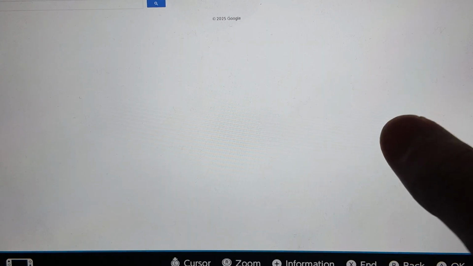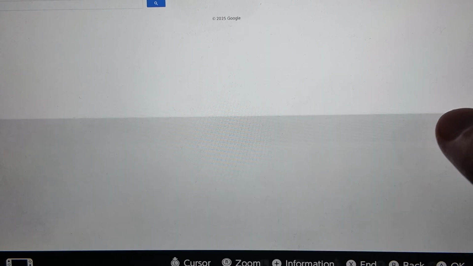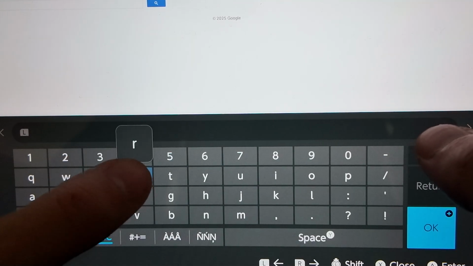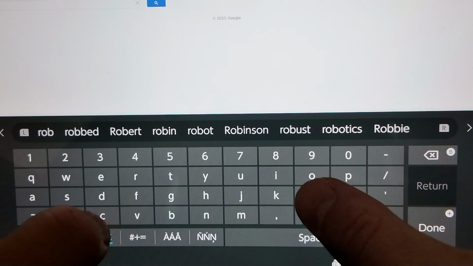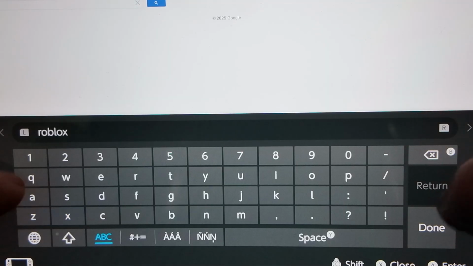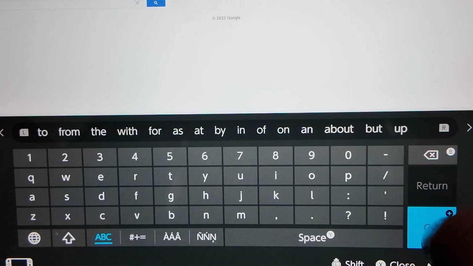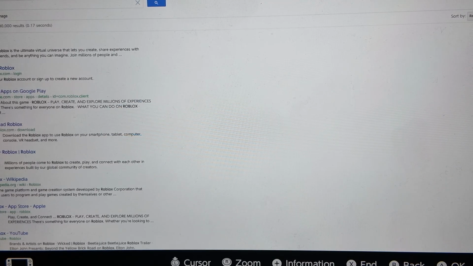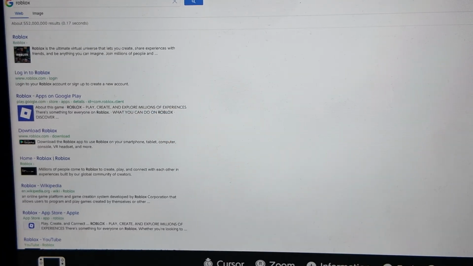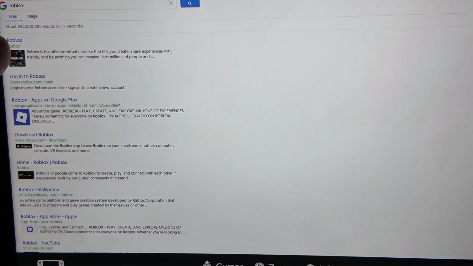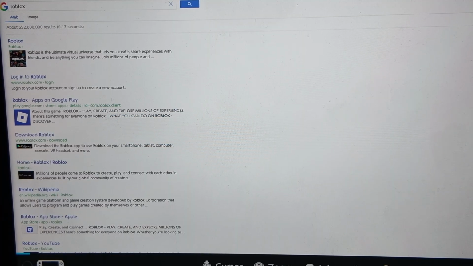Once you click on Google, it might take a bit of time to load, but you just want to be patient. Okay, so you will click on the search bar here and you will search for Roblox. Then you will click on Done. Okay, and the first website that pops up right here, you should see Roblox. So click on Roblox and it should load the website,